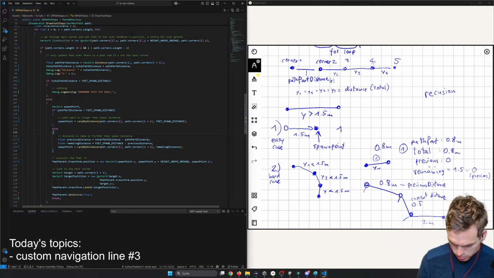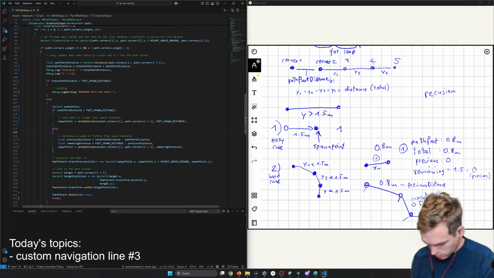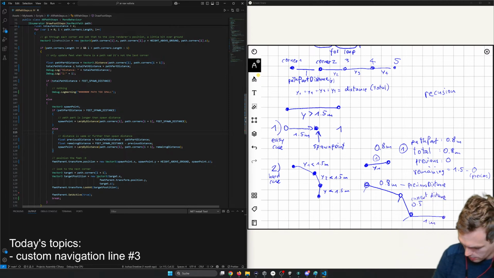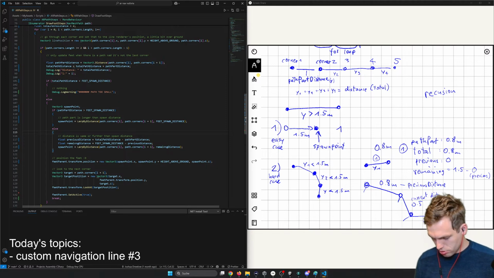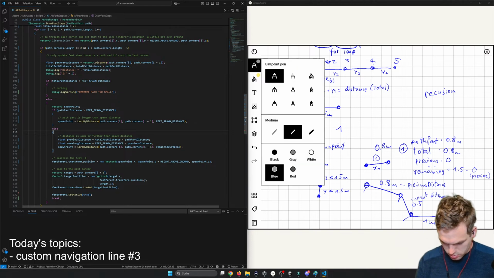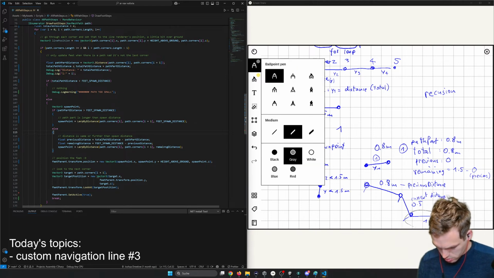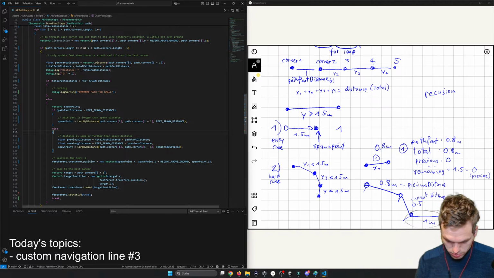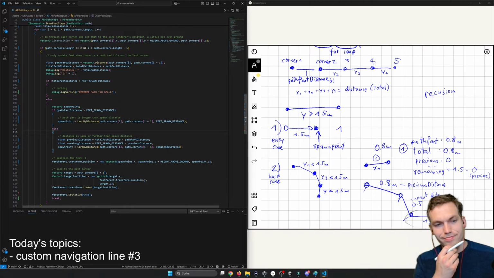Oh, we have 1 meter. And now we should know. Oh, okay, so somewhere here between, we need to draw it, because the total distance is longer than, well, not the total distance, we need